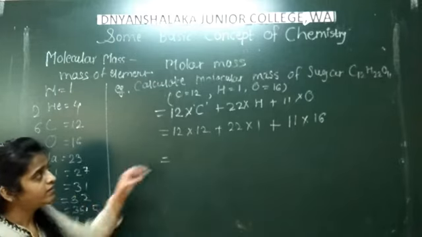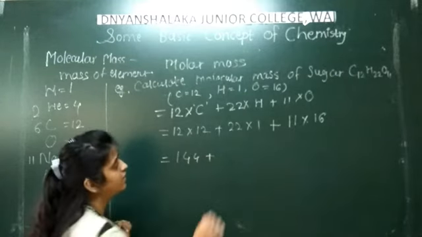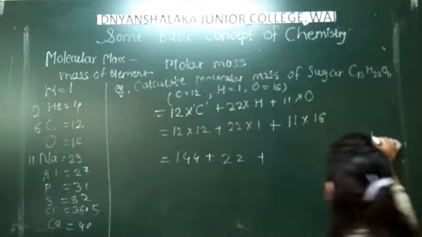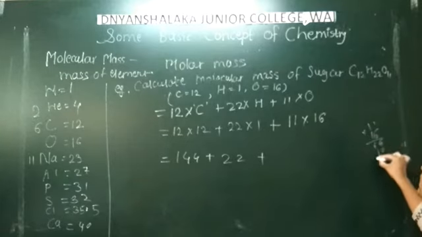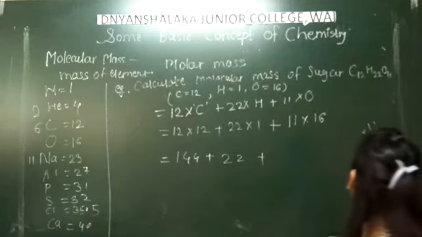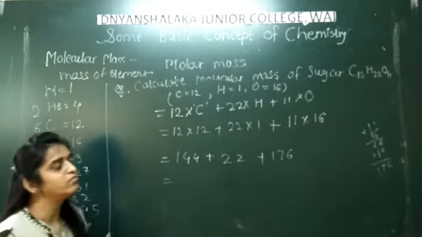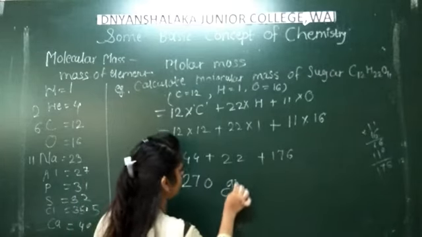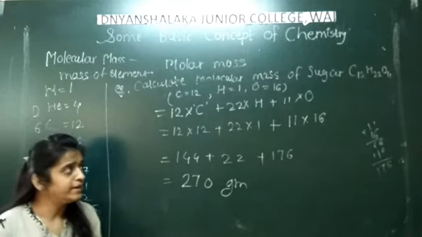We calculate: 12 12s are 144, 22 1s are 22, and 11 16s are 176. So adding, the final answer for the molar mass of sugar, adding the 3 values, is 342 gram. This is the molar mass or molecular mass of sugar. Next example,